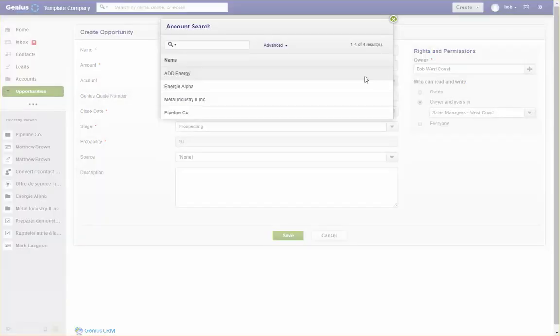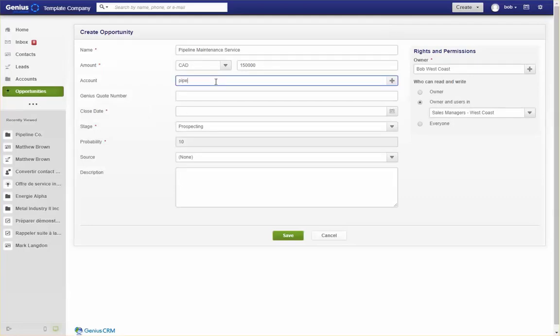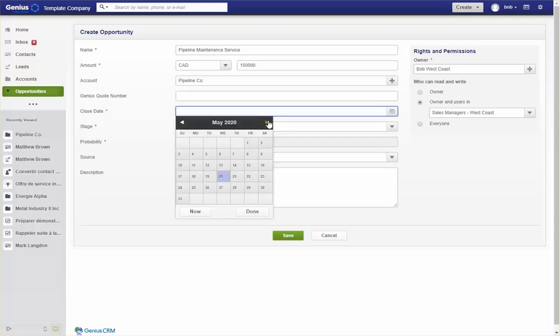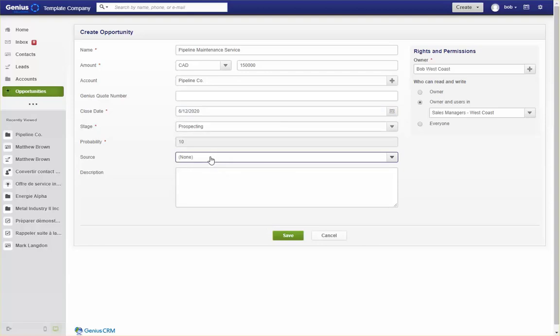So we want to sell this customer a service plan or a maintenance service for this specific value. And we want to use our pipeline customers. So I can find it through the file here. I can specify an account from here, or I can link the opportunity through the account record where I was just before. It's not an issue. Genius quote number will be seen a bit later. Close date, let's say I have a month. I give myself a month to sell this